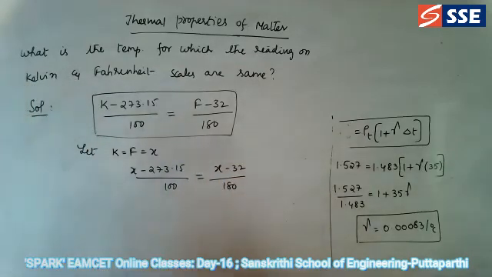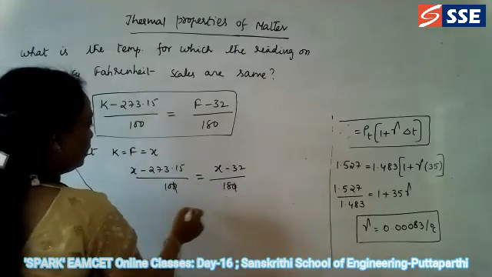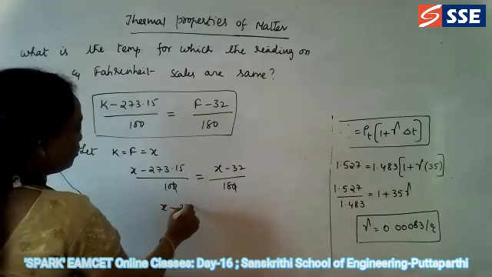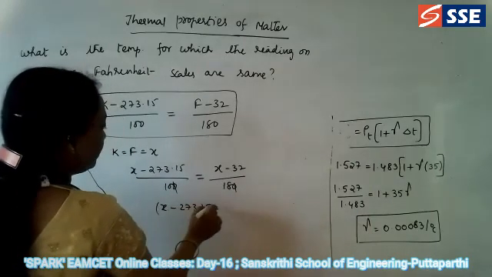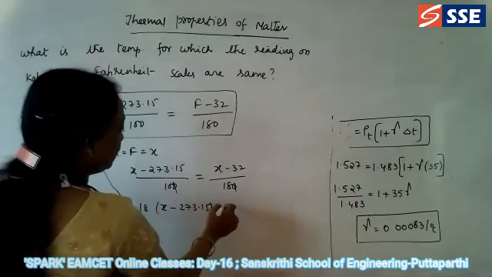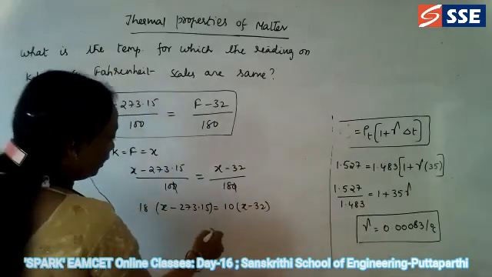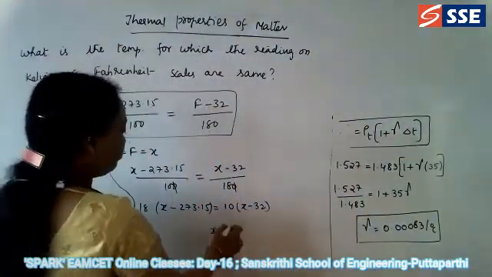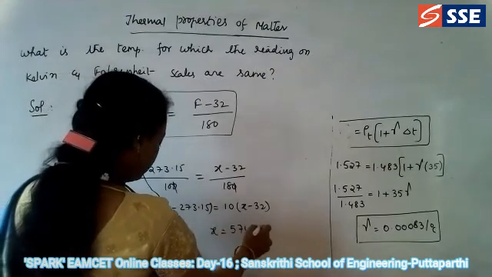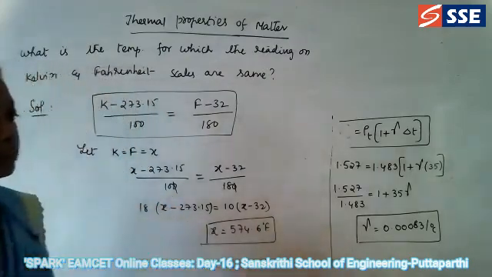So this was the problem. Substitute, then we can cancel here, and therefore X minus 273.15 over 10x. Here 18 will come, multiply, here 10 times X minus 32. So after calculation you are going to get X as what is the answer? 574. Very good. So 574.6 is the Fahrenheit, degree Fahrenheit is the X value. Okay. So this is the answer.